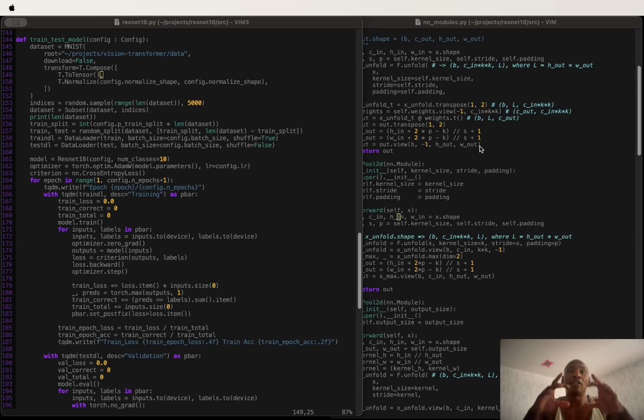And the assumption is that all the pixels in this local receptive field are likely to be related to each other, and the closer they are in space, the more likely they are to be aware of each other. And then you take this kernel that slides along these local